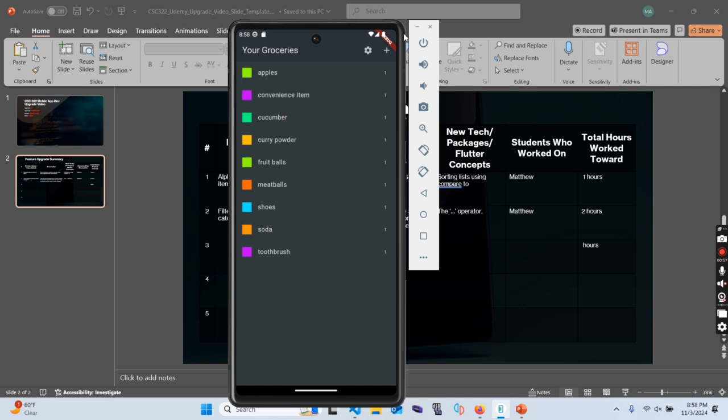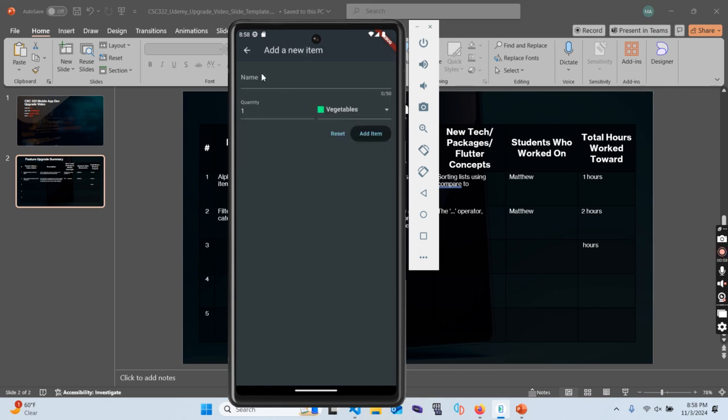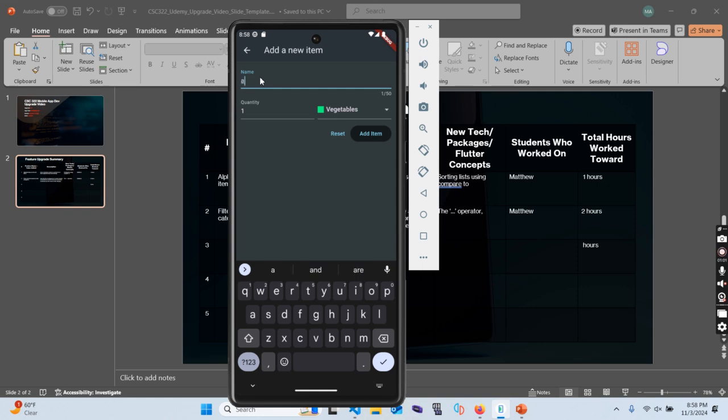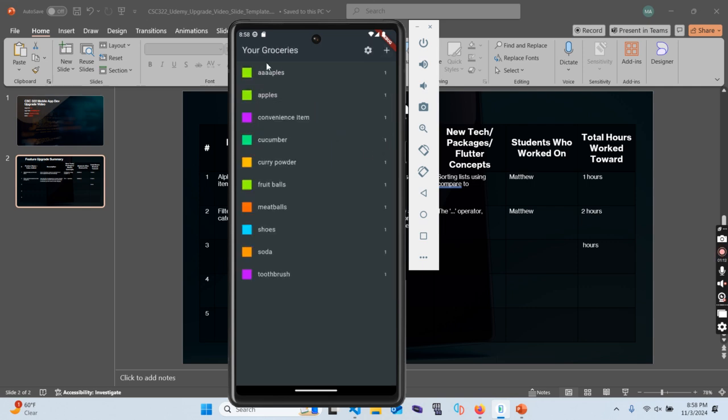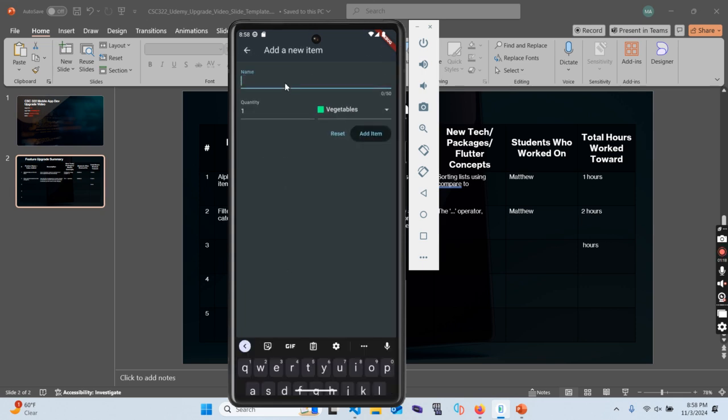Everything is alphabetically sorted. If I want to test something, let's do apples, spelled A-P-L-E-S, to make sure this works. And then I can come over here to fruit, add an item. And when it gets added, it sorts automatically. That's that. And then I guess to show the other side, I can say